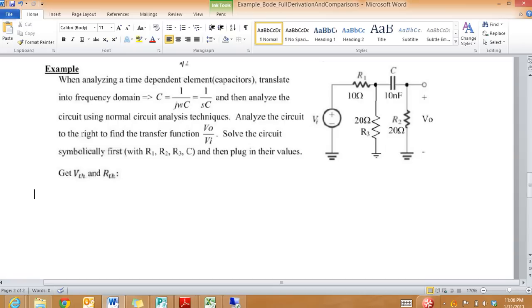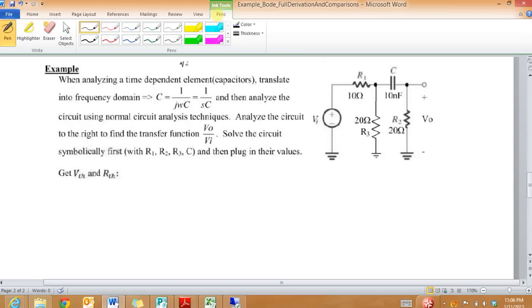This video shows the analysis of a simple circuit to derive the transfer function. So here you see our VI, which would be the transfer function. You can simplify this circuit a little bit by taking the Thevenin equivalent of this section of the circuit